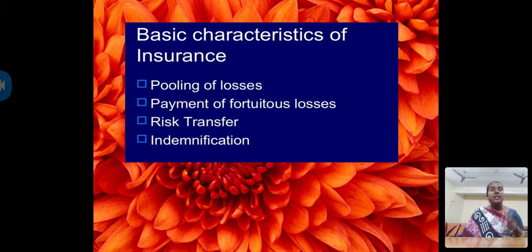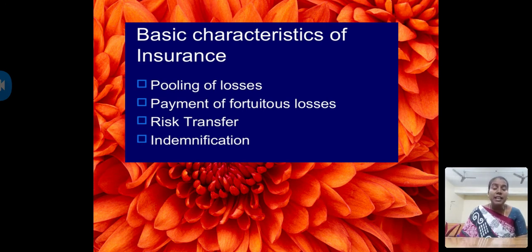In the same way, IRDA, the Insurance Regulatory and Development Authority, plans how many crores of people are paying policies and how many crores of people are facing losses today. So how much percentage should we pay them? This is called risk transfer. The company is not paying any cash of its own to people; it is paying our cash, our finance, to the person who is under risk. It only thinks before it pays the amount.